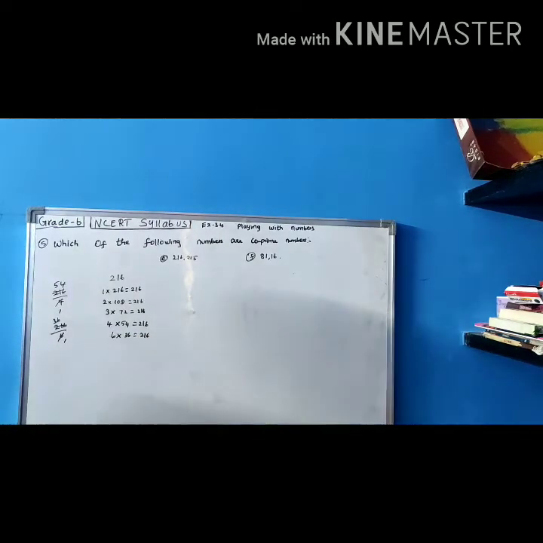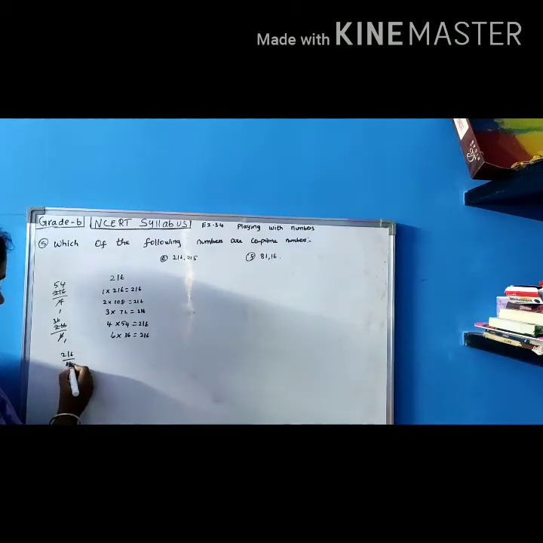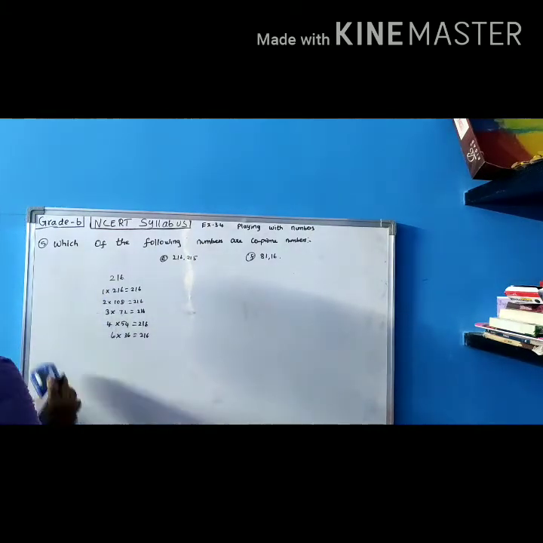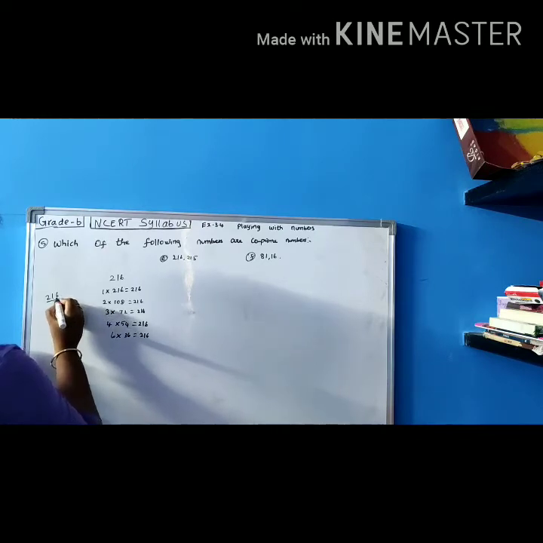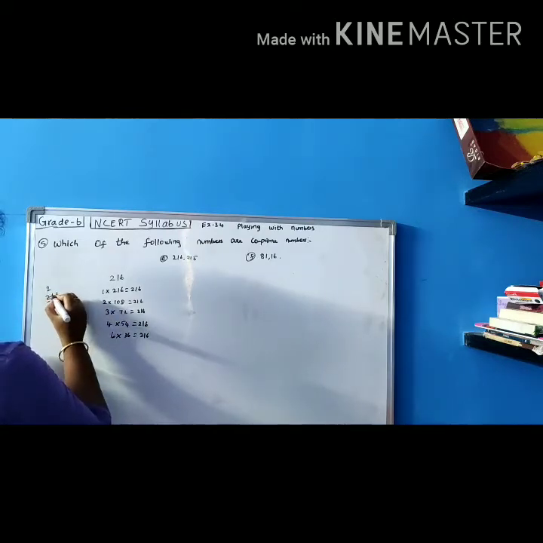7 will not come. For the 8 table, let's check whether it comes in the 8 table. 1 8 is 8. 2 8s are 16. 3 8s are 24. 19, 20, 21, 22. Sorry. 2 8s are 16. 17, 18, 19, 21. 46. 46 will not go. So in the 8 table it will not go. 9 table. 226 divided by 9. 1 9 is 9. 9, 18, 27. 2 9s are 18. 19, 20, 21, 36.